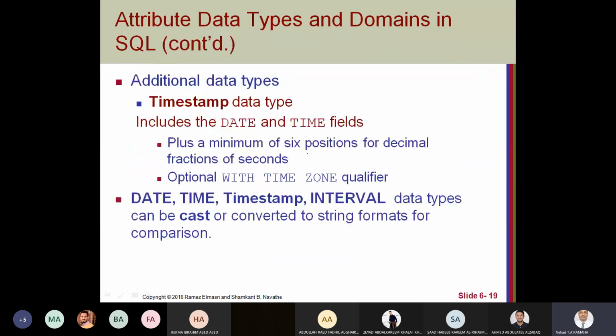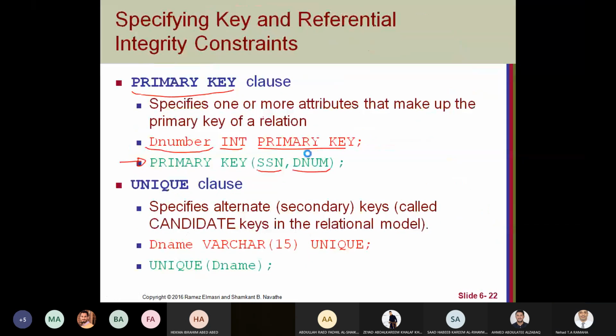Okay, where is it? Unique. It's the same as the way of a primary key. Unique means this value, for example, if D name is unique, it should not allow two department names with the same value.